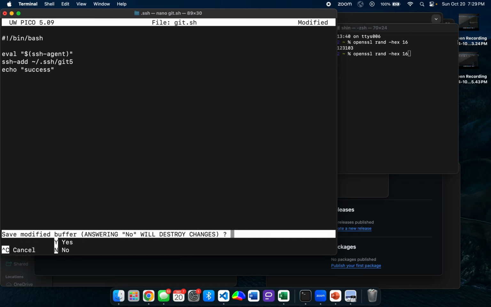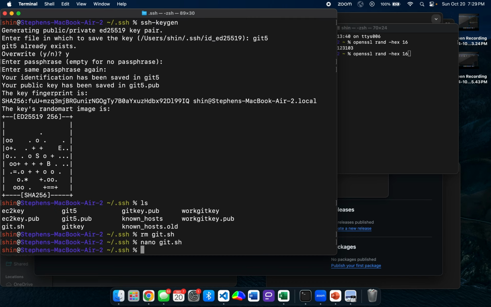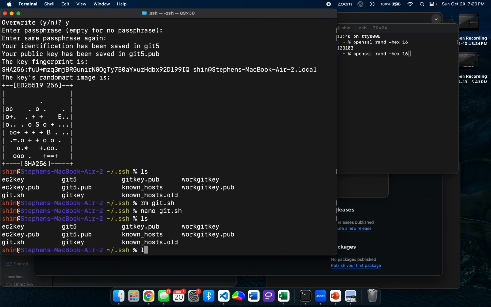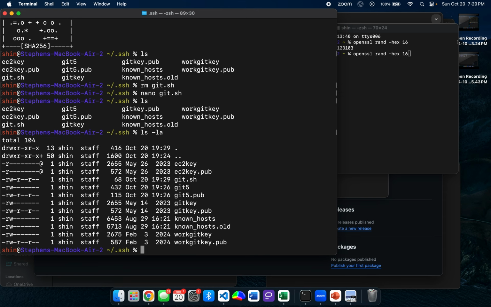Control X, there we go, and then a Y. And then save it as get.sh. So if we do ls -la, we'll see the special permissions of everything, and we'll see that get.sh is not